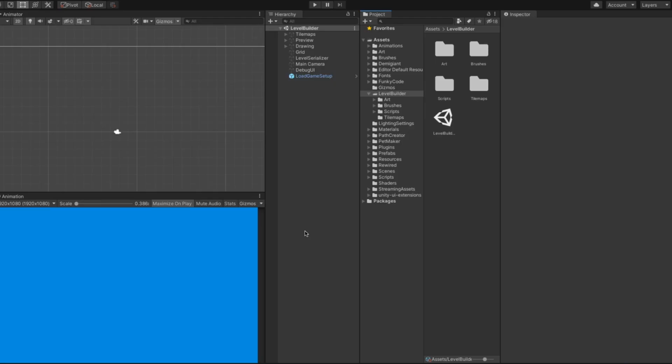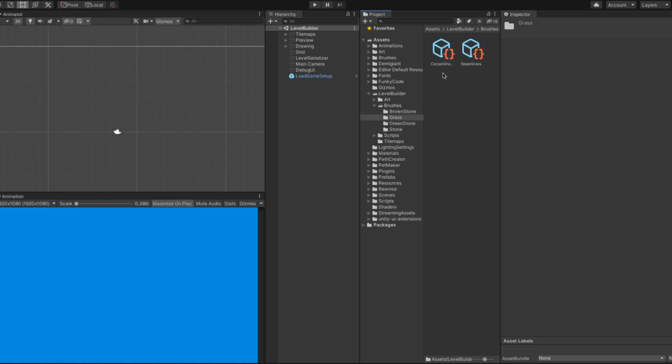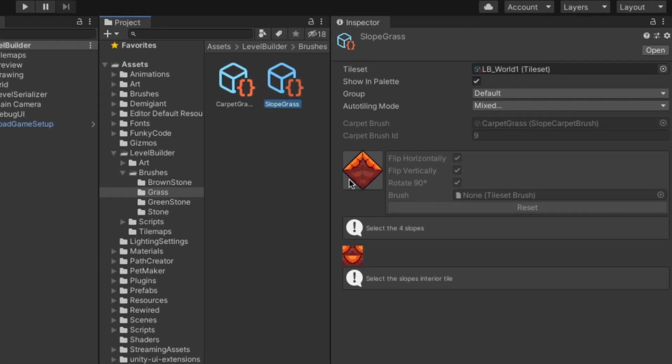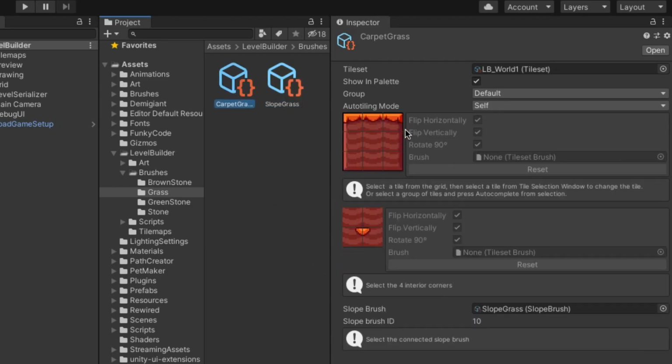Now I want to quickly give you an idea of how I store and organize all of these brushes behind the scenes. So if I go into my brushes folder here and I open up the grass folder, you'll notice that there's two brushes here. There's one for the slopes, which stores these four corners here, and also the inner corners for slopes. And then there is the carpet brush here, which stores these 9 tiles here as well as the 4 inner corners. And using this I'm able to create all of the combinations that you saw earlier in the video by